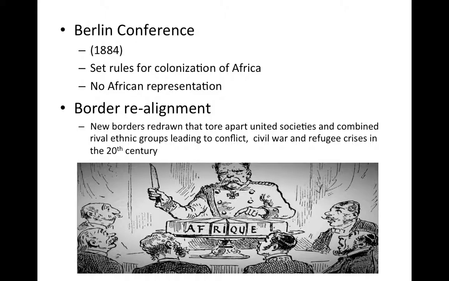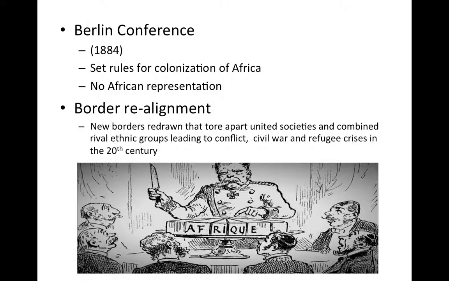A great example of diplomacy would be the Berlin Conference. I wouldn't call it diplomacy in the sense that the African people didn't have much of a say. It's at that conference in Germany in 1884 where the European powers pretty much carve up Africa. This is a great example of that scramble for Africa. The peoples of Africa had no representation, so again, I really can't call it diplomacy, but it's probably the best example of that.